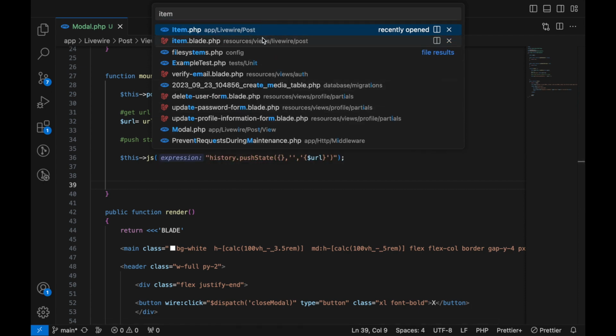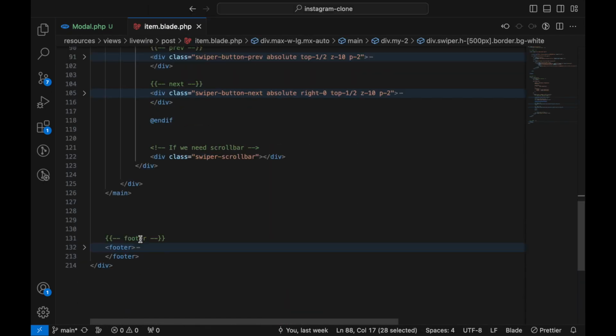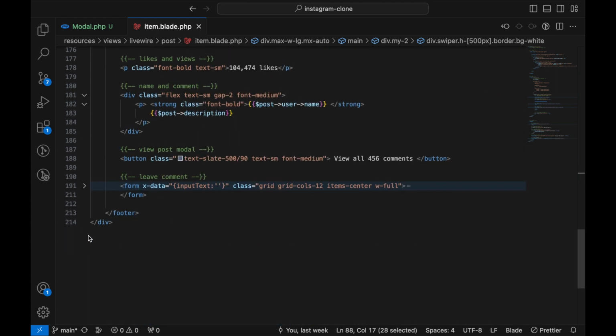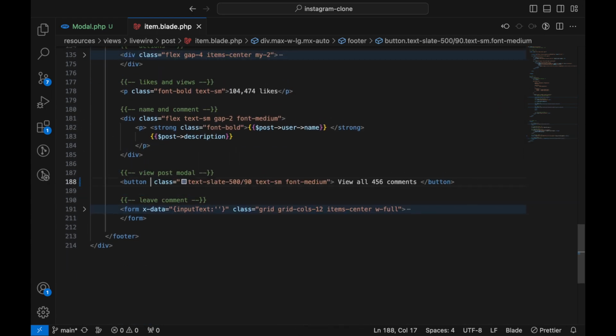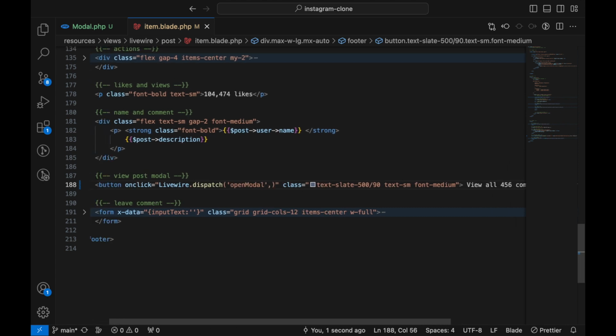Alright, so now to open this, let's open our item post, which is a blade. Okay, and in here let's scroll down in the footer, this button, view post model. So here you're gonna say on click Livewire with a capital L dot patch, open bracket. Here we can say open model,